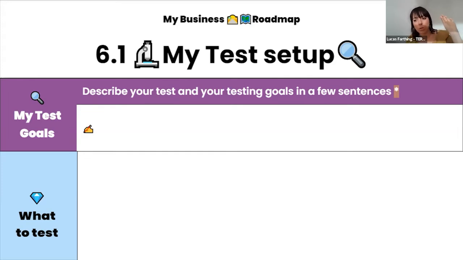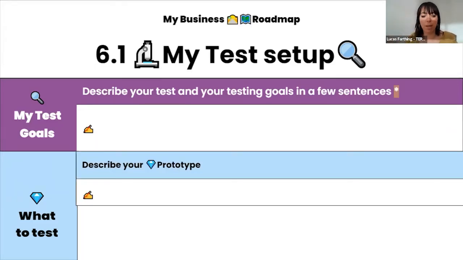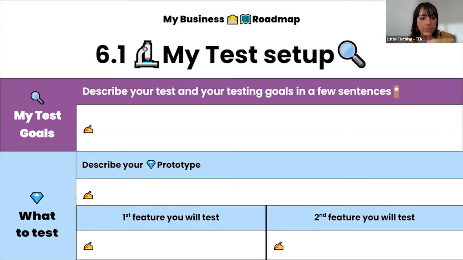What is your prototype exactly? Not just an idea, but you're really going to build this prototype. Now is the time you're really going to build it. So what exactly is it? What is it made out of? How does it work? What do you need to create it? This is the time now where we're going to start speaking practically about it, not an idea, but a real thing. And pick at least 2 features that you want to focus on testing.